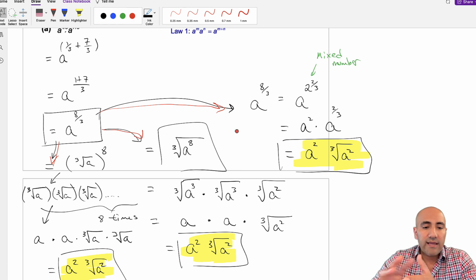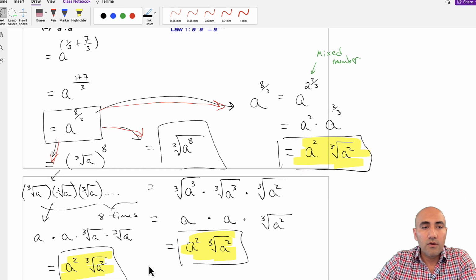Can we go any further than that? Not really. Remember that in order for an a to come out, we need a to the 3rd power, and it's stuck as an a squared, so there's no way to simplify that any further. Okay,